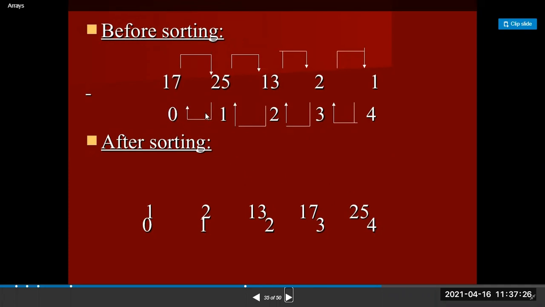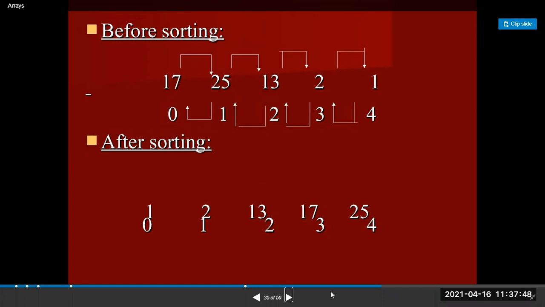Then a of 0 is compared with the first element. In that way, you have to sort the least element into first position, the second least element into second position, third least into third position, fourth least into fourth position, fifth least into fifth position. So in this way, we have to sort the array.